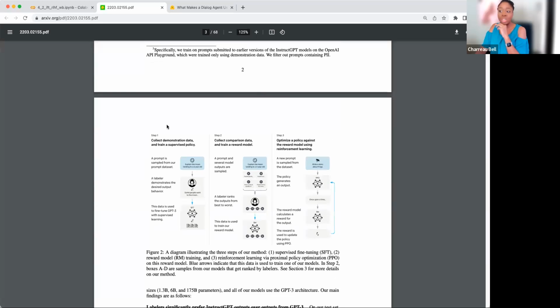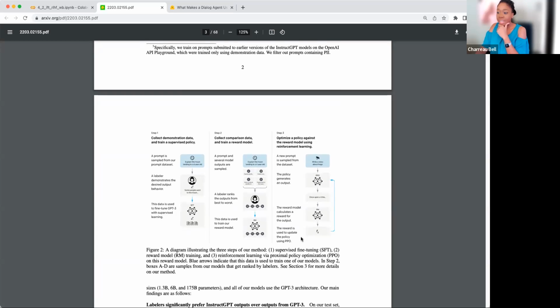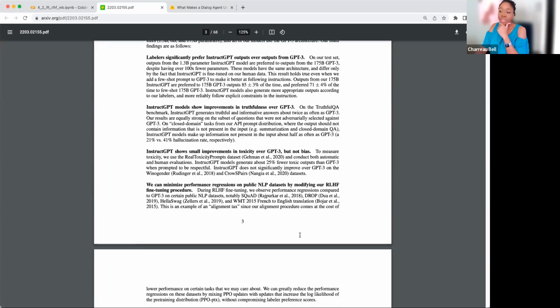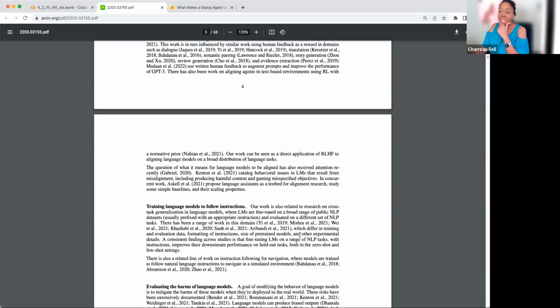Oh my gosh, that looks really familiar from what we literally just saw. This is where it came from. So these are the steps that they're describing, and these are their initial findings. Give them a good read.